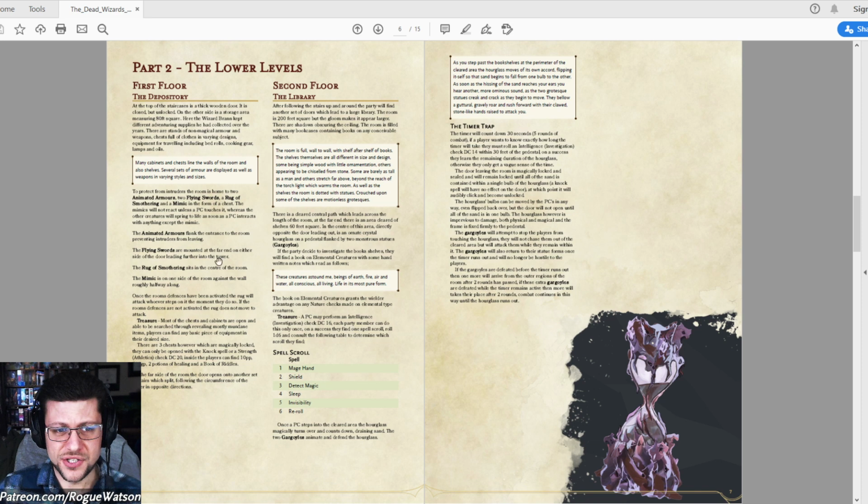So the first floor is just a bunch of construct type things. So you got flying swords, rug of smothering. It's almost like somebody just went through the monster manuals, kind of checked all the things they could do. Mimic, animated armor on the first floor. The second floor has a really interesting idea with a trap with a